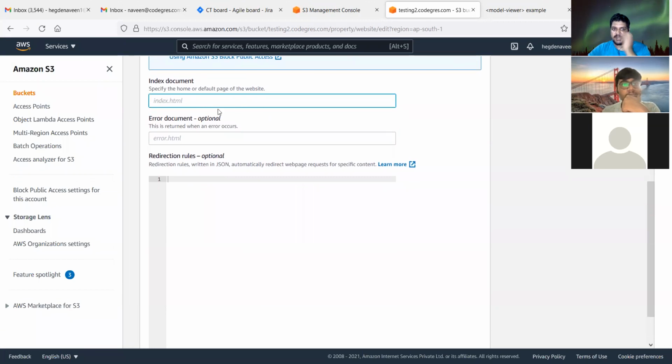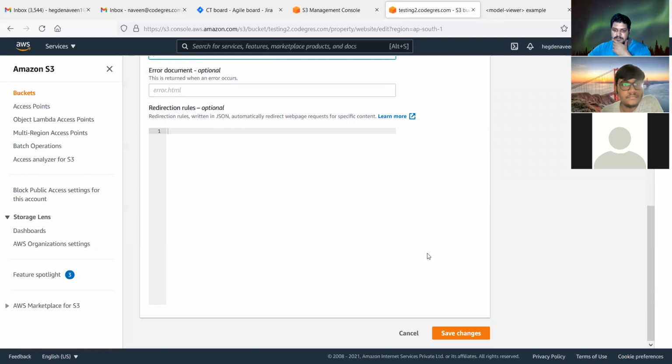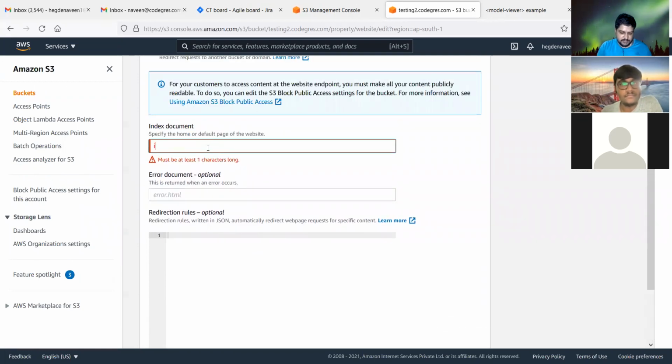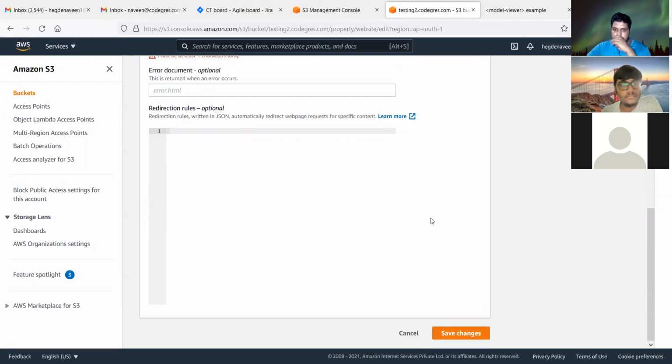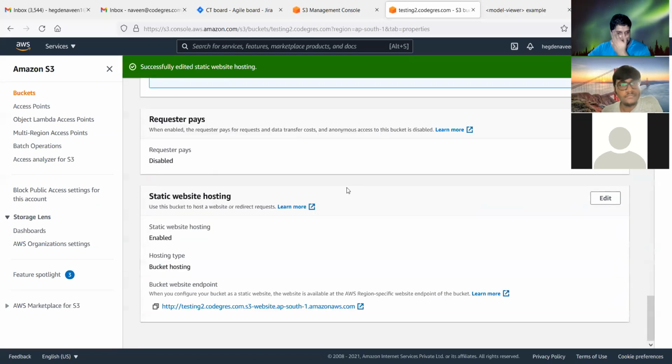For the index document, I can put index.html, app.html, whatever. I don't want the redirect rules, so I'll just save changes with index.html.